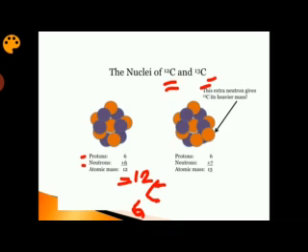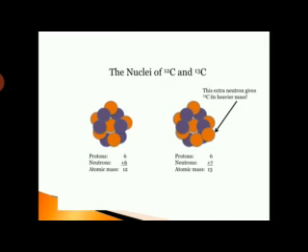So this is the nuclear notation for the carbon 12 nuclei. Sometimes we may not mention the bottom number. We will write it as C12. So this C12 means the mass number is 12. We know the atomic number for a carbon nuclei is 6, so the number of protons will be 6. And in the case of carbon 13, 6 protons are there in the nucleus, and the total number of protons and neutrons is 13. So there are 7 neutrons in the carbon nuclei.